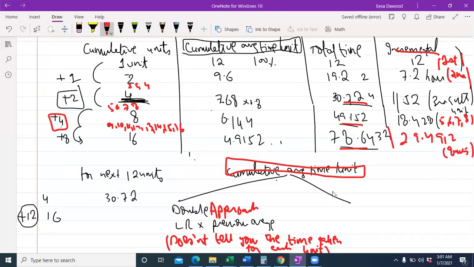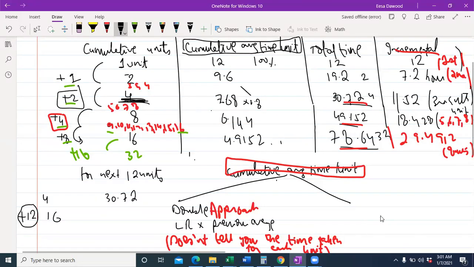So it doesn't tell you the exact time taken for each one of the units, like the 9th unit. If the examiner asks you to calculate the time taken for the 9th unit, then with the double approach, you're lost. You can't calculate that for the 16 units, because it just gives you the time taken for an incremental number of units, be it 1, 2, 4, 8, and if it increases by 16, then finally 32. For the next 16 units, it will tell you the time, not exactly for one particular unit. So there is a flaw in this method.